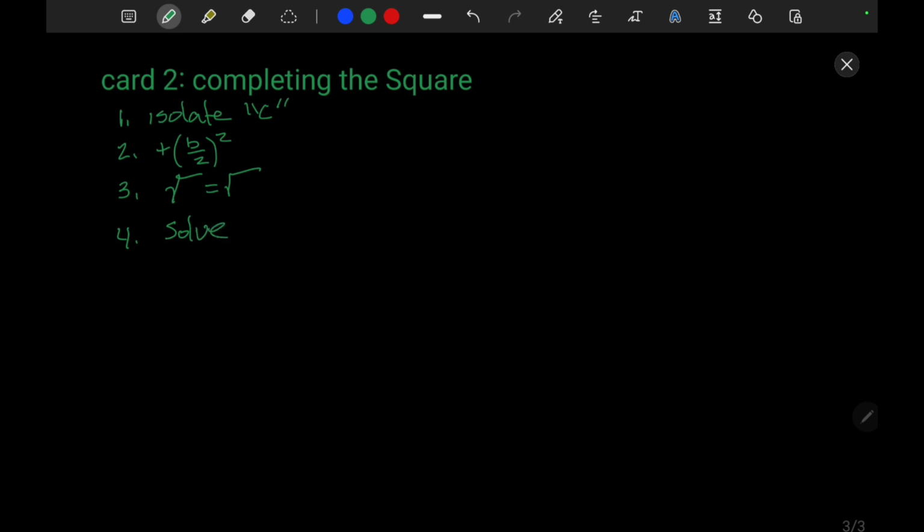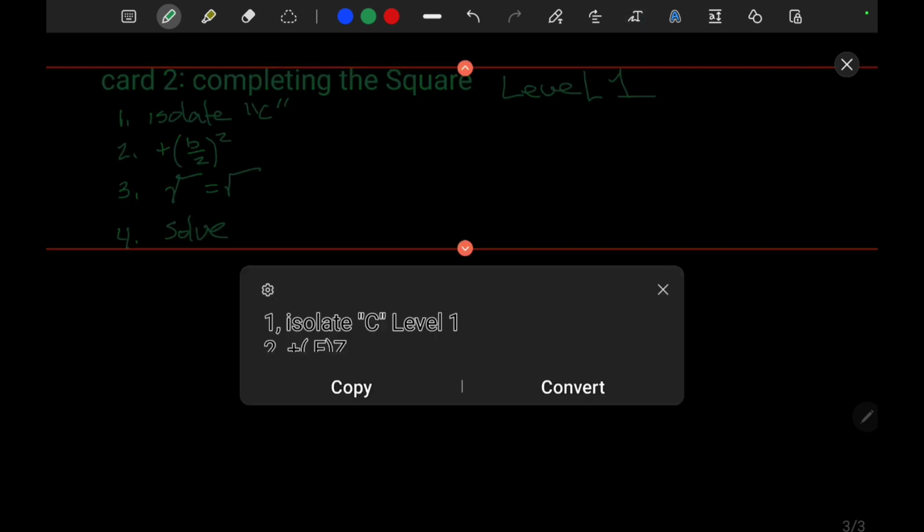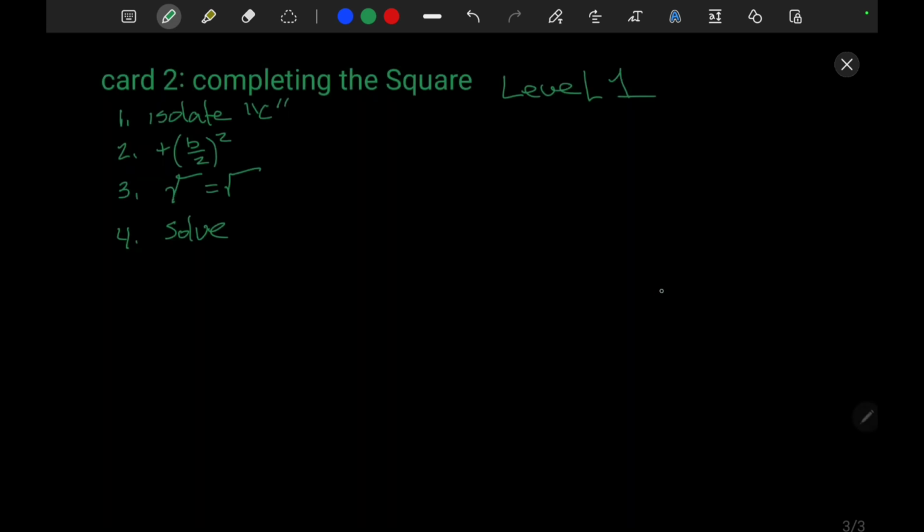Now, we're going to do different levels. So I've noticed you guys like levels. So we're going to start off with level 1 problems on this card. Level 1. Let's go ahead and turn that into text. So we're going to leave it the way it is. Level 1. Suppose you have